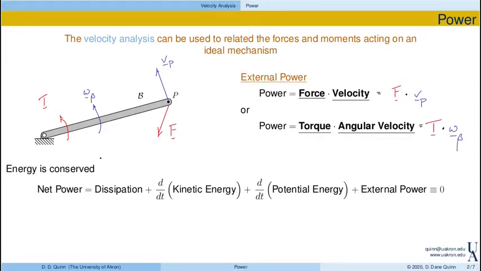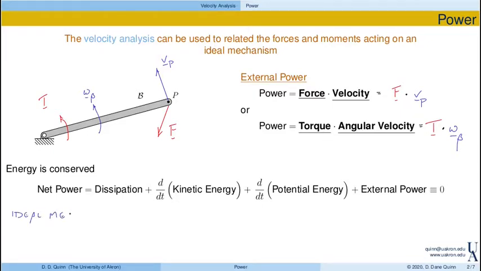So what's an ideal mechanism? Well, if you look at the energy of a system, it's always conserved. Energy is conserved. So that means that the net power is equal to zero. Well, the net power of an object is composed of power due to dissipation, and then change in kinetic energy and potential energy, so this is essentially the stored energy, and then the external power that acts from, say, forces or moments. So if we have an ideal mechanism,